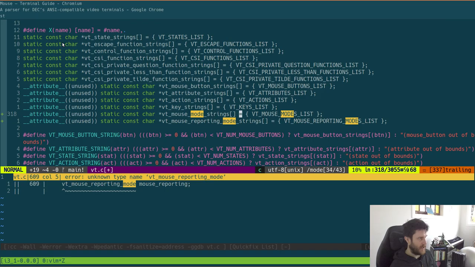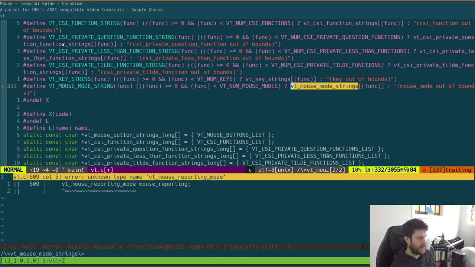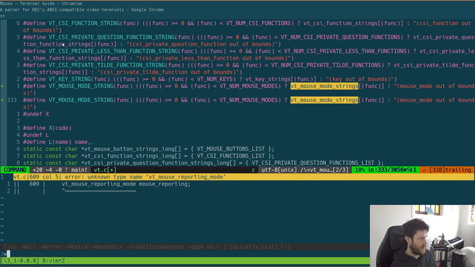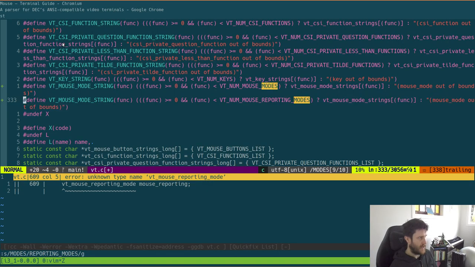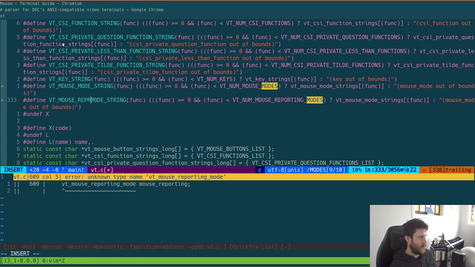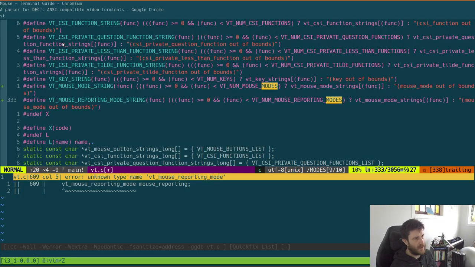Anyhow, where was this used? It was used there. You probably need to do that and do that and reporting mode string and so search for that